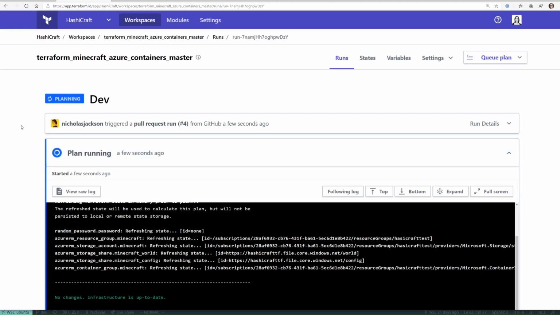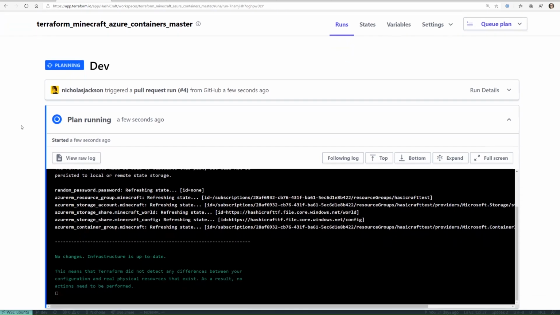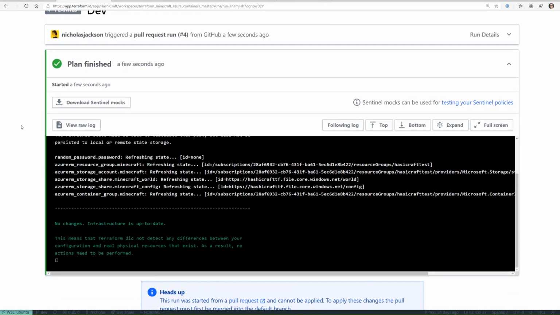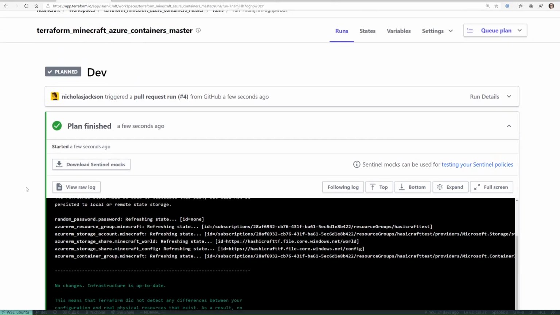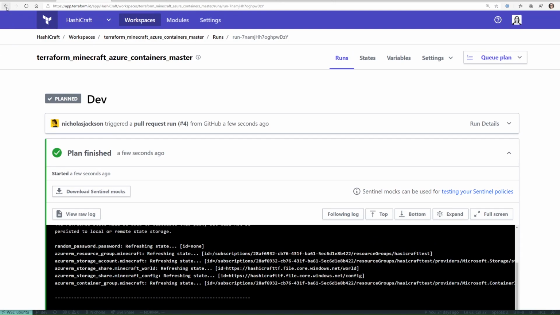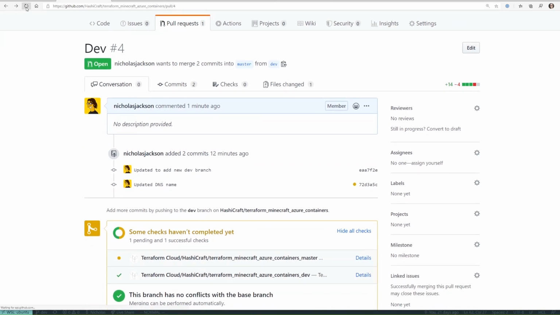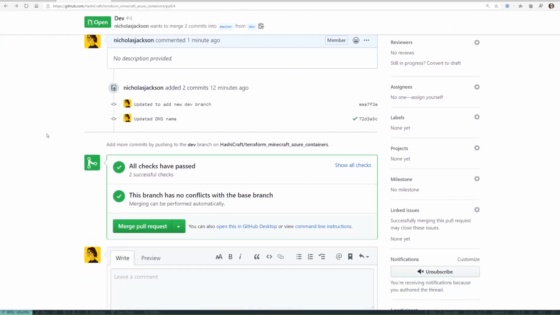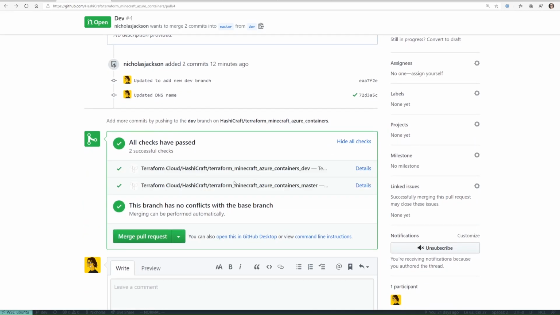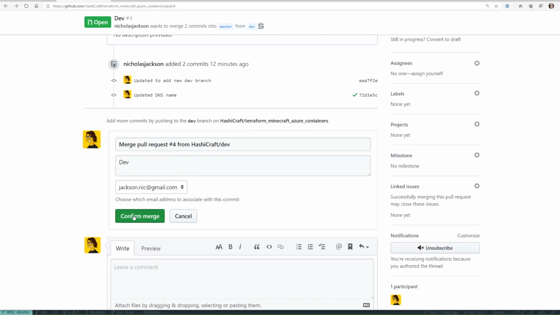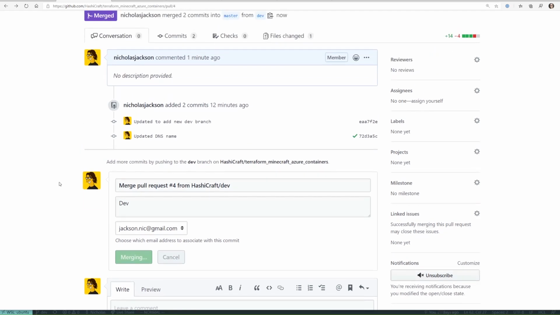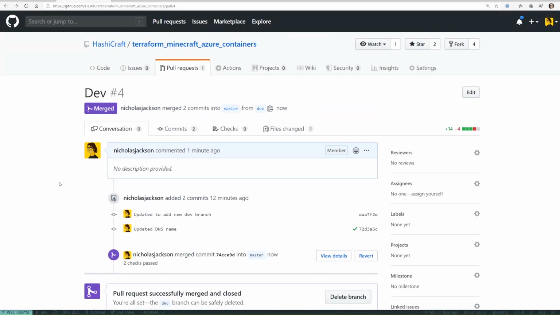So what we can see is that Terraform has automatically created a plan for us. And it's telling us that there are no changes to be made because we haven't made any changes to the infrastructure, because actually the production environment already had that rather pleasant plugin that you added, Eric. When we refresh our PR, everything is fine. The checks are successful. There are no changes, and I can go ahead and merge that. And we're good. We are finished.